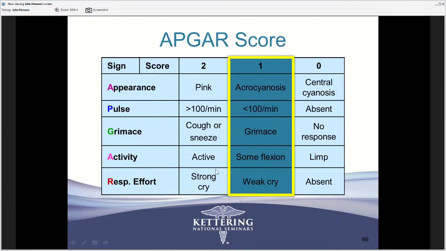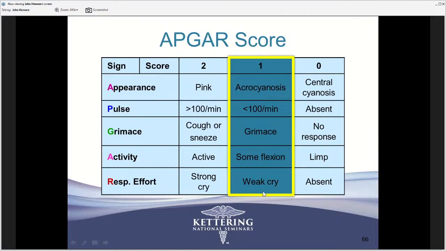Because I'm one of these people, if there's too much information, sometimes I have a hard time remembering all of that. But if you know what the score for number one is, then the score for number two is going to be better than that, and the score 0 is going to be worse than that. All right, so that's why I encourage people to focus on this column here